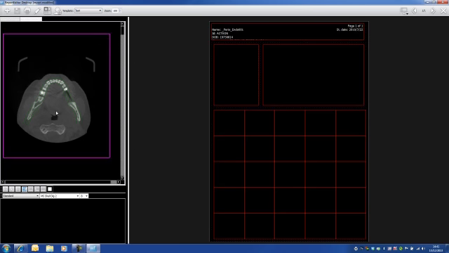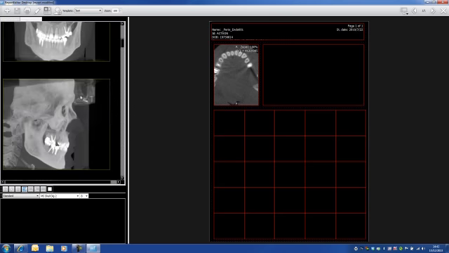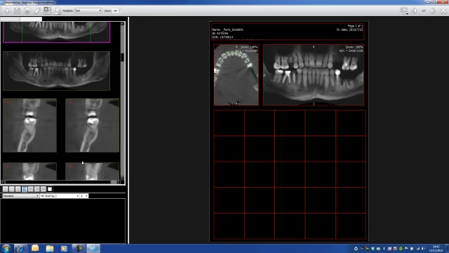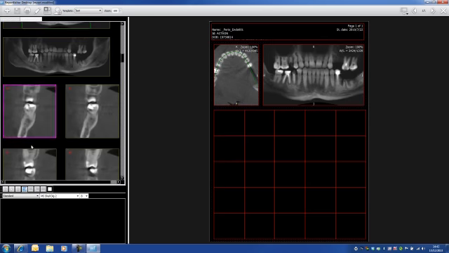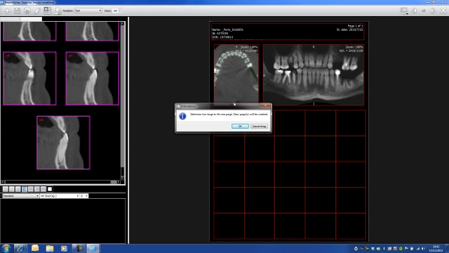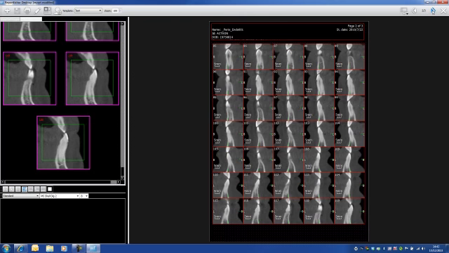Now I come here, select with left click, drag and drop in one box. I take one panoramic, let's say this one, drag and drop again, and then I click on the first cross section, press Shift, go down, and then click again with left click, drag and drop. A message will appear saying that automatically some pages will be created. I say OK. And now I've got all my cross sections on 2-3 pages